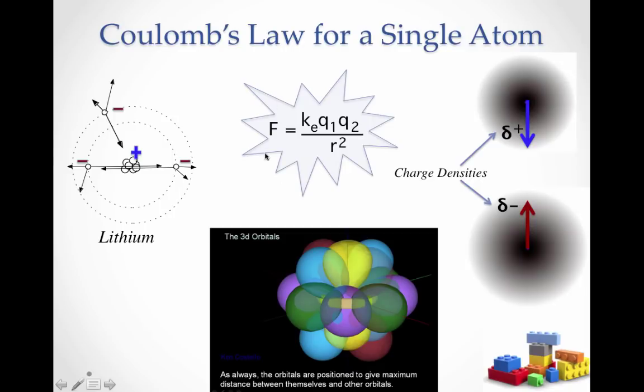So it's Coulomb's law that holds these electrons buzzing around these protons because they're electrically attracted to them, but they buzz around in these quantum orbitals. Now, this is quite a complex interaction because it's not just a single pull here. This electron is being pushed by this one and pulled by, and also pushed by this one and pulled by these protons in here. And so it gets quite complex to calculate all of this. And they also don't buzz around in nice, even spheres. They go around in these